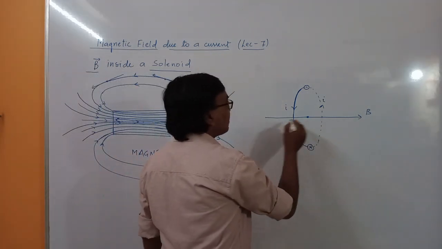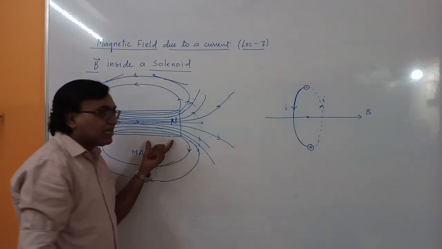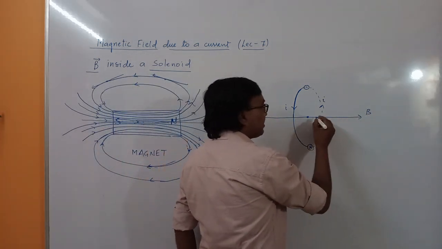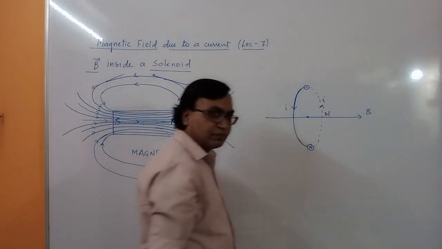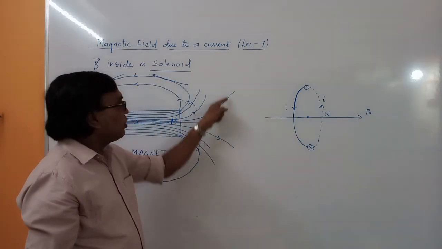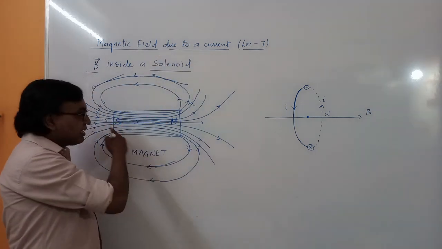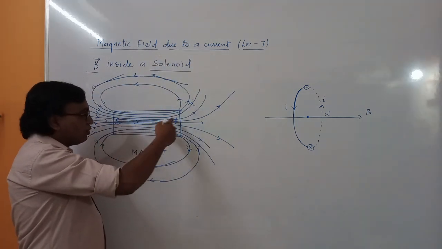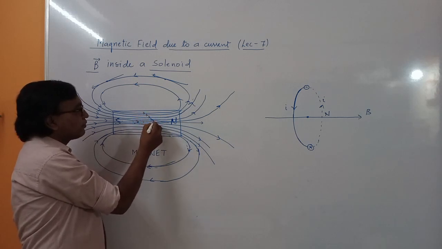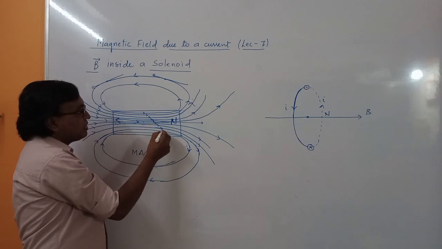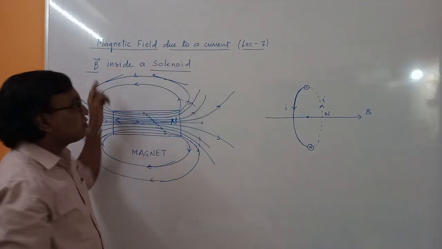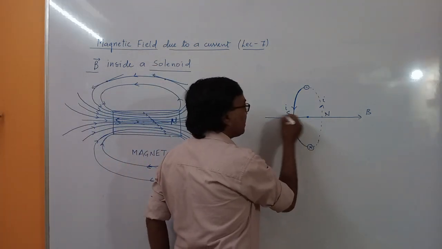Then we draw the magnetic field lines. If you compare this with the natural magnet, the magnetic field line is along this direction. That means this should be the north pole. Outside the magnet, the field lines come from the north pole and end at the south pole. And it's a continuous line, so this will move along this direction. So this is the direction of magnetic field here. Fine. So this is the direction of magnetic field inside the magnet, south to north, and outside the magnet, north to south. So this must be the north pole, this must be the south pole.